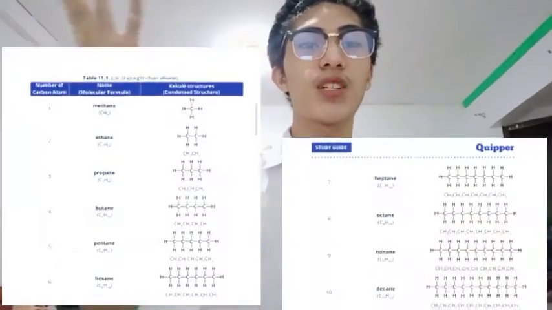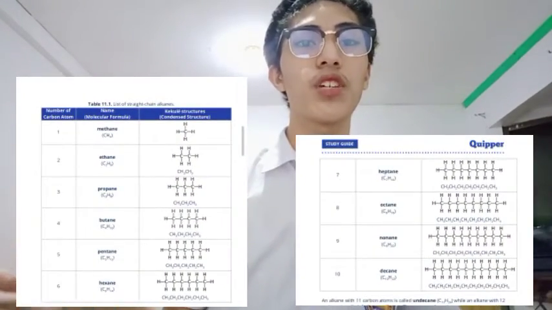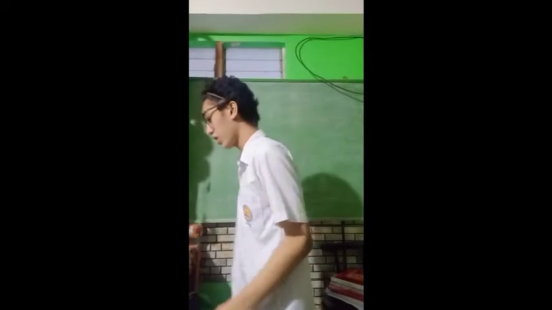These are examples of condensed structures for straight chain alkanes. Now, let us try some examples for Kekulé structures, skeletal or line angle structures, and condensed structures for straight chain alkanes. And now we're here. Now let's start some examples for straight chain alkanes. Let's start with example number 1, which is